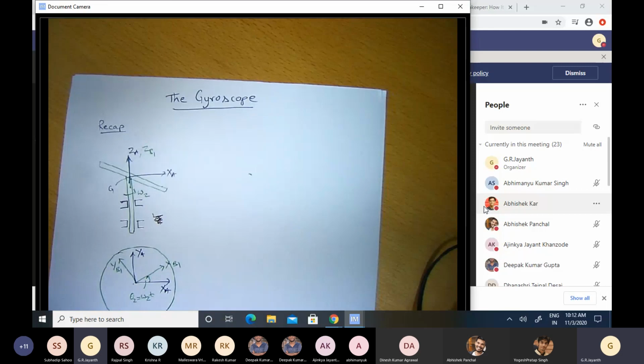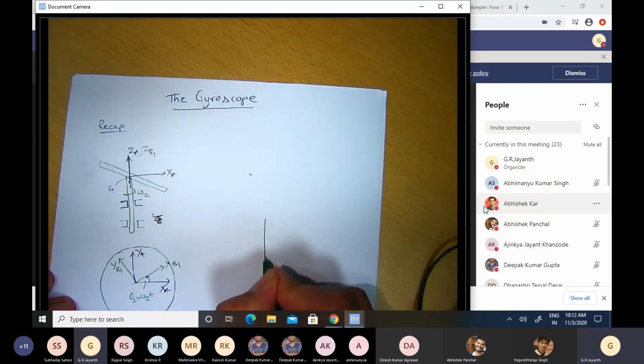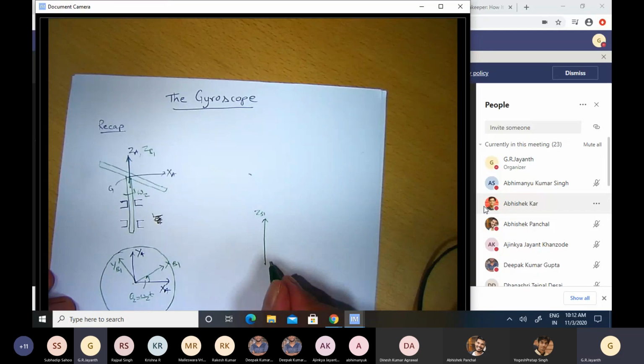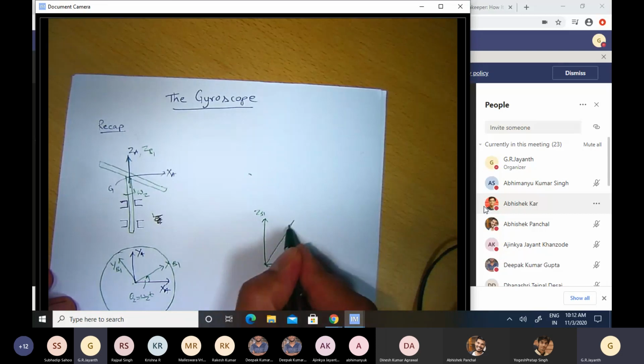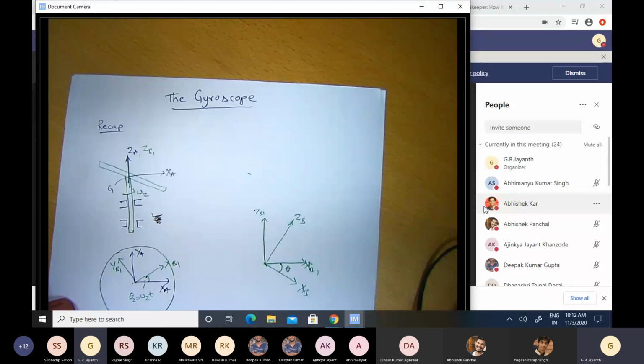Then we had a third frame, which was the body frame. That frame was also rotating with the shaft because this plate was fixed to the shaft. I'll just draw the B1 and the B frame separately here. So this is ZB1 and this is XB1. And the x-axis of the B frame was tilted with respect to the x-axis of the B1 frame by an angle theta, so that the normal to the plate was aligned along the z-axis of the B frame. So this was the other frame.